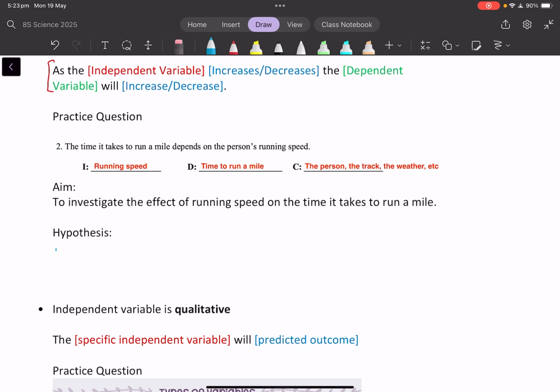So, as the independent variable, in this case the running speed, so as the person's running speed... and now I've got to actually make a decision. Do I say it increases or do I say it decreases? I need to make a decision, right? This is my prediction. So I'm going to say as the person's running speed increases,